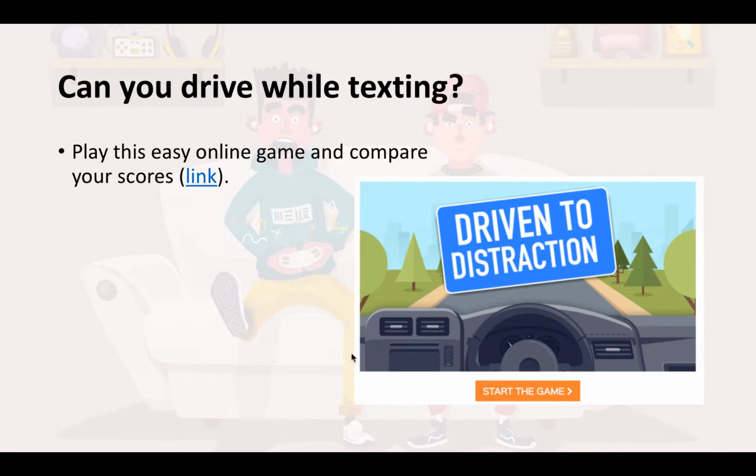All right, now, it took me a long time to find a good online game to look at driven to distraction, because most of them you have to pay, log in, or make an account. Try this one out first, maybe before class, to make sure it works, because they change all the time. There's one from the New York Times, I think, but I couldn't get the link to work. There's that one as well. Anyway, it's a pretty basic game.